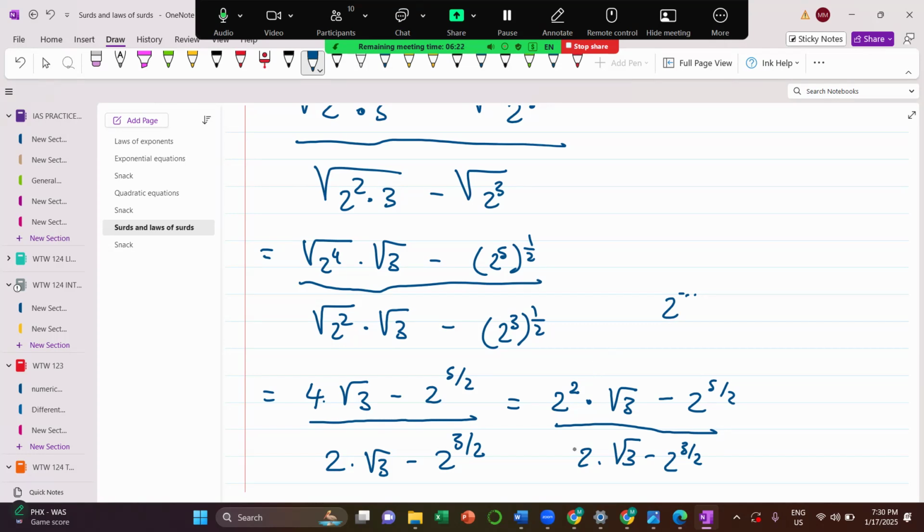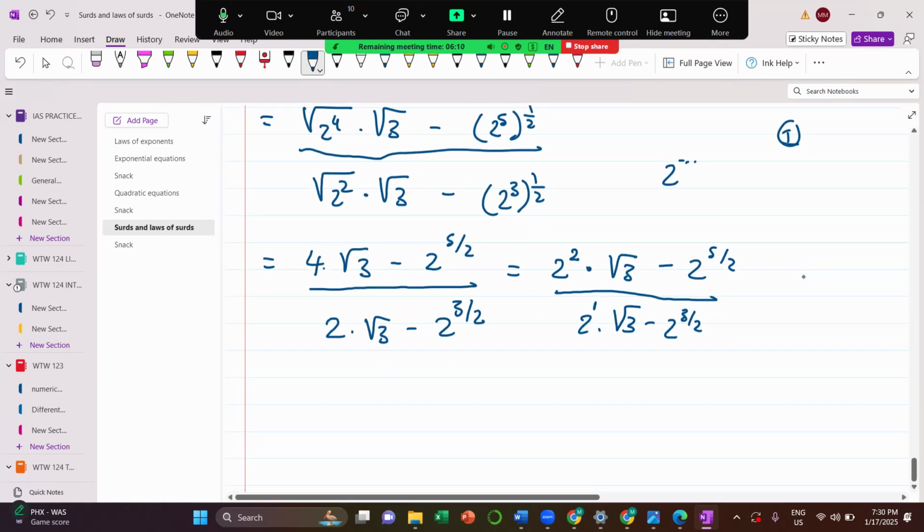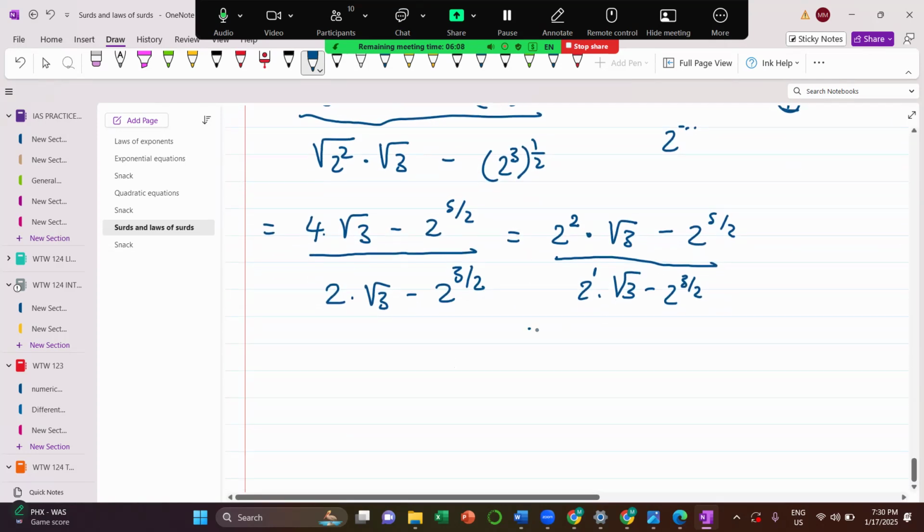Here I have a what? I have a 1. Let me check 3 over 2. 3 over 2 is 1.5. So therefore, the smallest exponent of 2 that I have is a 1. So I'm going to have to take out 2 to exponent of 1 as a highest common factor at the